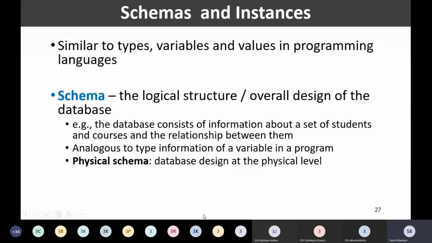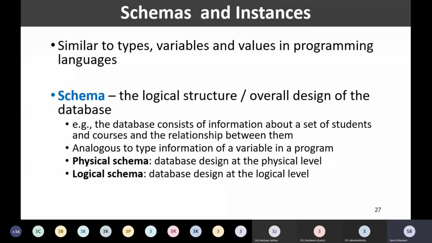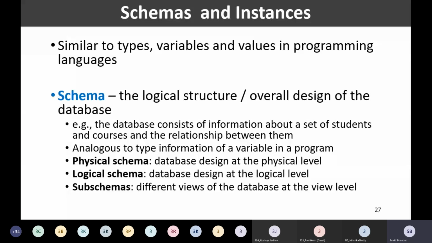Database design at the physical level is known as physical schema. Database design at the logical level is known as logical schema. And the different views of the database at the view level are referred to as subschemas. So I have mentioned earlier how we design at the physical level and how we design at the logical level. So typically, we are more concerned about the logical